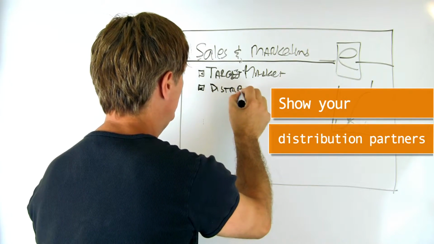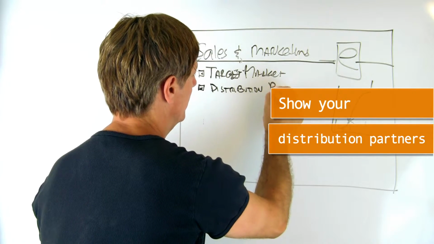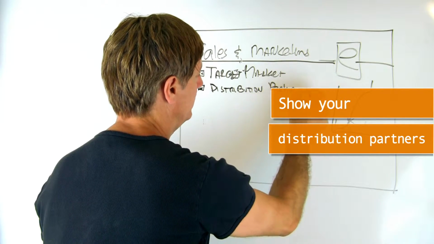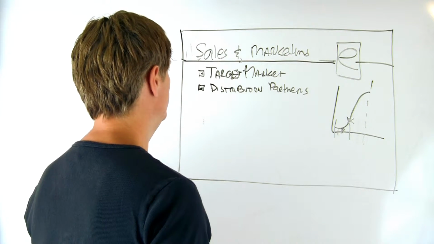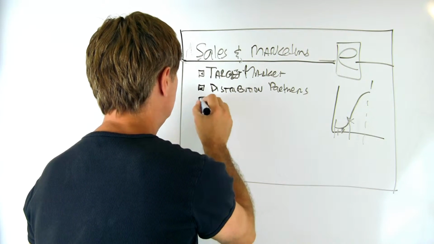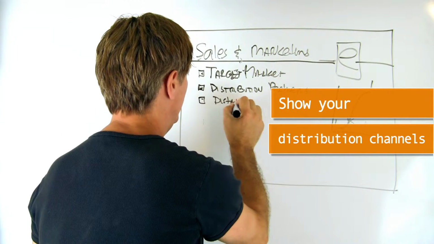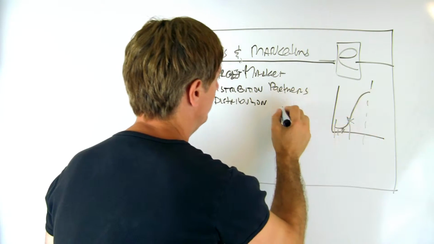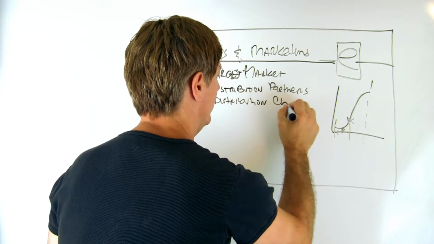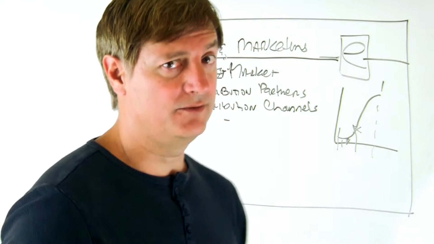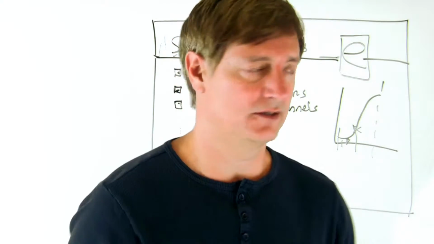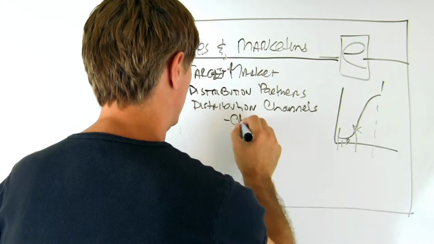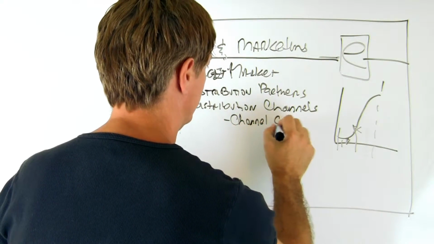The other thing I want to see is distribution partners, and I kind of talked about that a little bit on the previous slide on strategic partners and the type of channels you're going to target. Because I understand retail really well, I'm also going to look for possible channel conflict. We definitely don't want to create channel conflict.